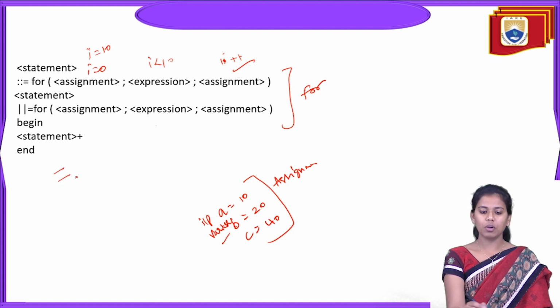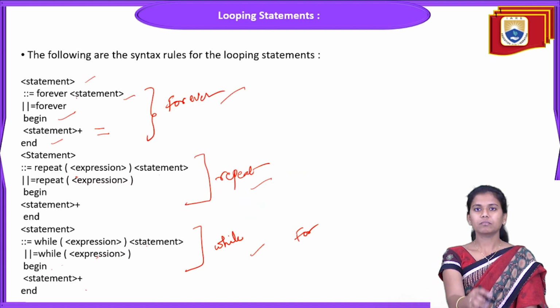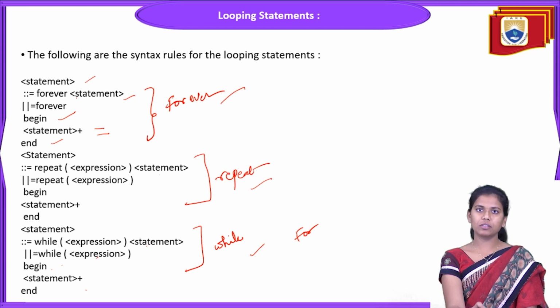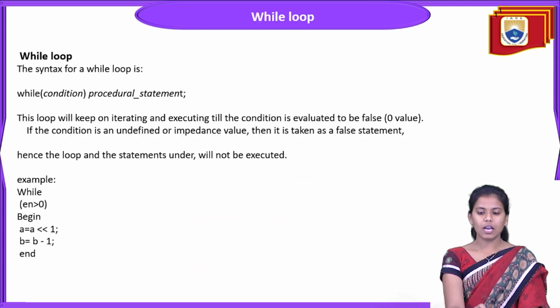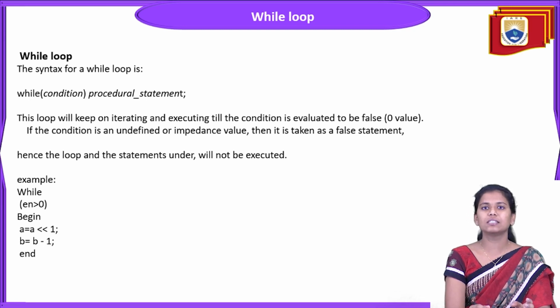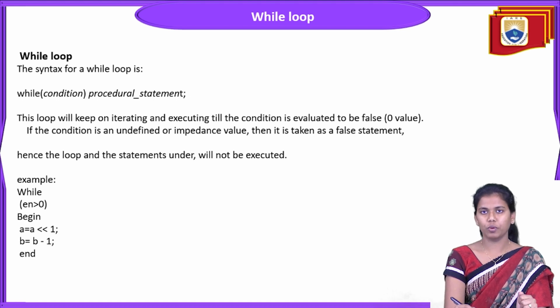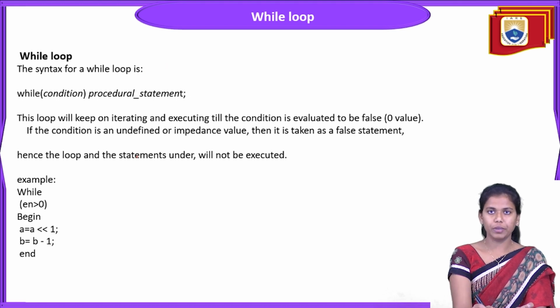So this is how we will be writing the syntax for the forever, repeat, while and for loops. This is the procedure that we need to follow when writing looping statements. And then coming to the while loop, we'll discuss in detail what this while loop is, what the forever loop is, what the for loop is, and as well what the while loop is. Okay, so here coming to the while loop, the syntax for a while loop is while